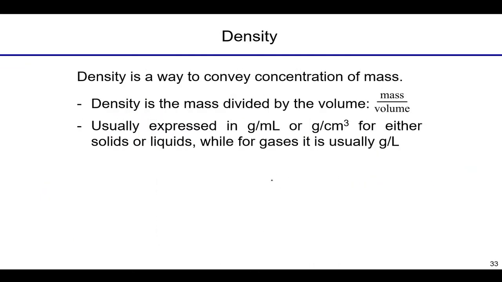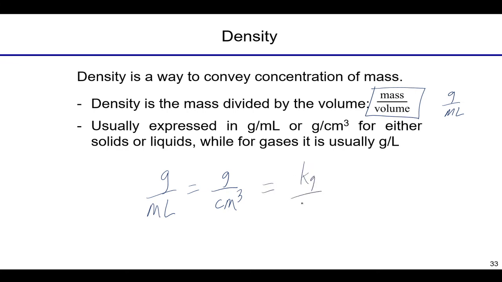So that's volume by displacement, and specifically density. Density is mass divided by volume. That's what we just talked about. Usually expressed in grams per milliliter. Or again, since a milliliter is equivalent to a cubic centimeter, you might have grams per cubic centimeter. You could have kilograms over liters or grams over liters. It just needs to be a unit of mass over a unit of volume. But these are the typical ones that are used.